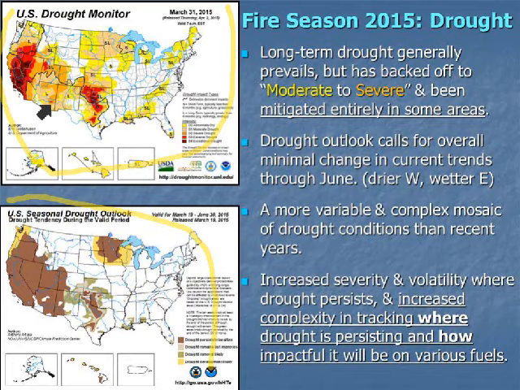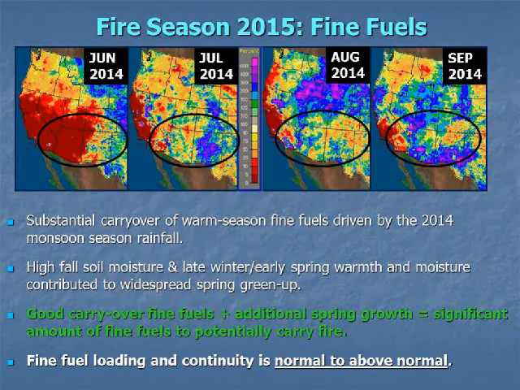We'll take a look here at the fine fuels condition. This is quite a story because it's always a big continuum when we're living in here, right? Fire season and fuels and everything runs together year to year. So we start with last year's monsoon. And if we start with last year, what we can see here, if you look through each one of these months individually,